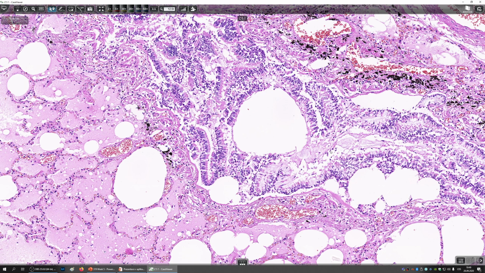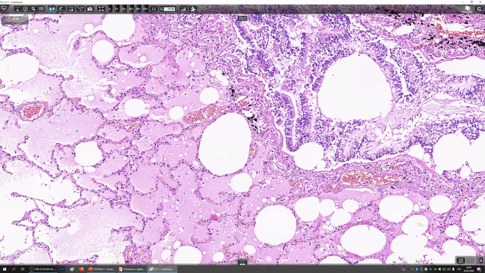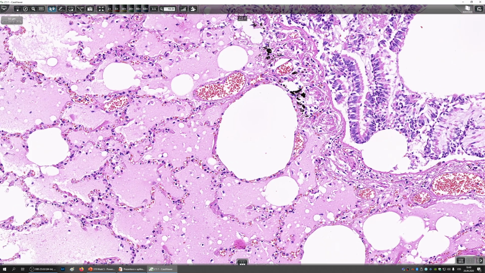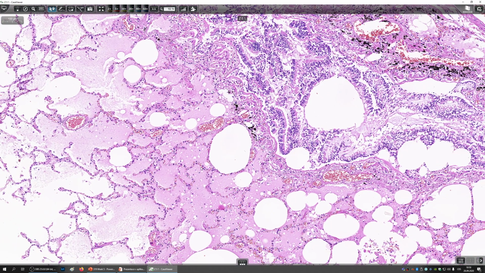So you ask, wait, you said edema is in the interstitium. Well, it started in the interstitium, but what happened is that the fluid left the interstitium and basically got pushed out into the extracellular space. So what we have here is a transsudate. Edema is basically within the septa. There was some edema accumulation, but all the edema fluid turned into transsudate, and it found its way into the